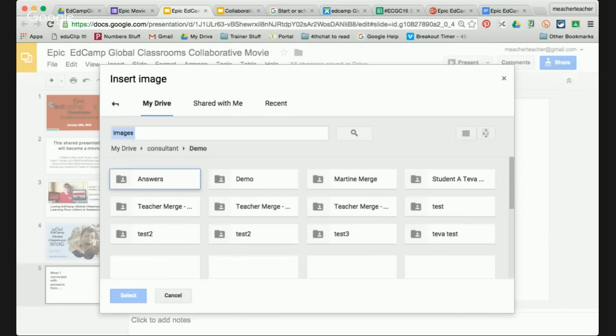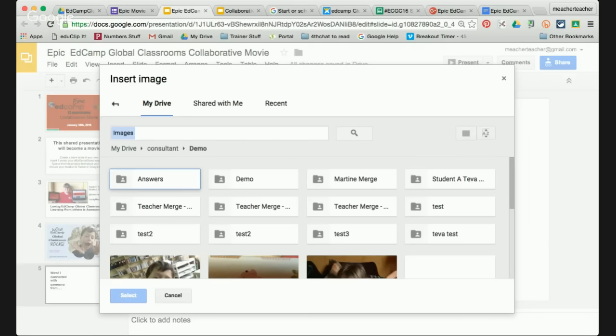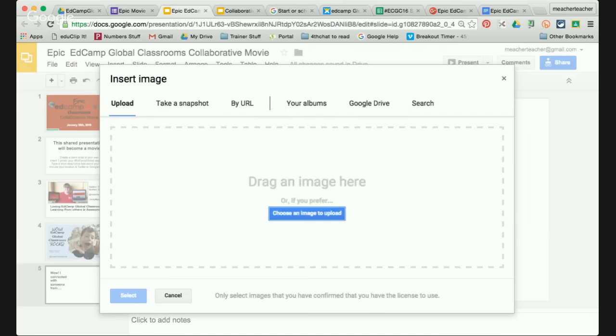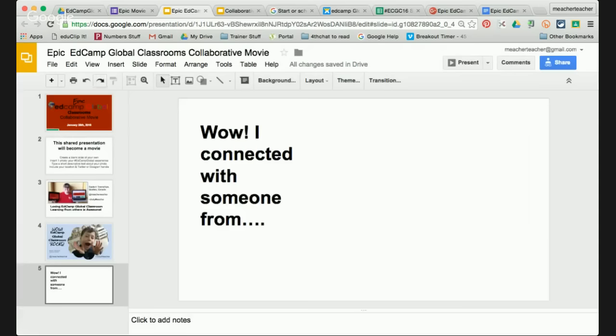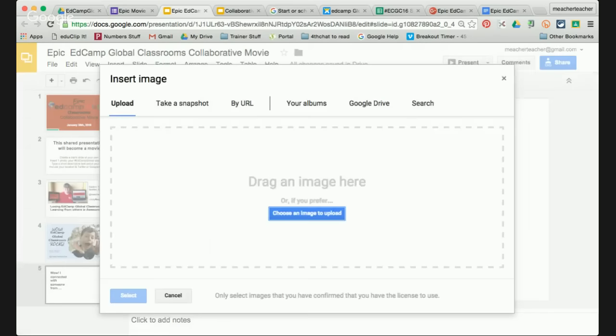And here I'm going to get a choice. Normally I would come here first, so I'll do that again so nobody's confused. Insert an image. I can upload an image from my computer. I can either go find it on my desktop and drag it here, or I can click and go and choose an image.